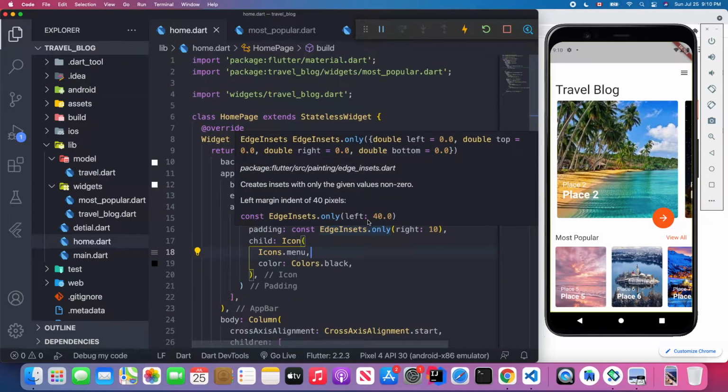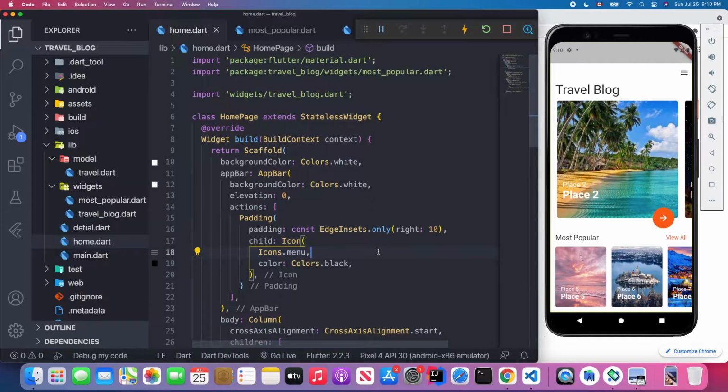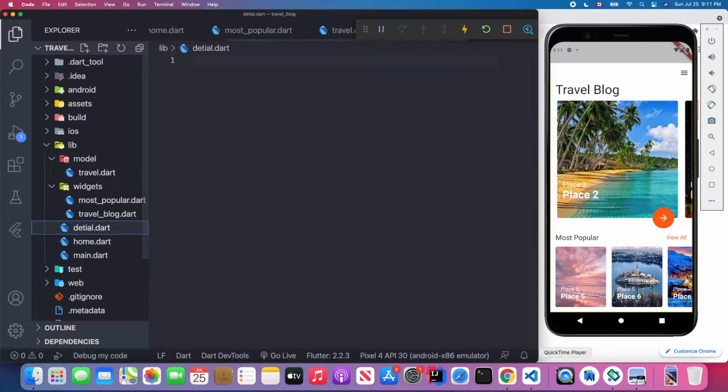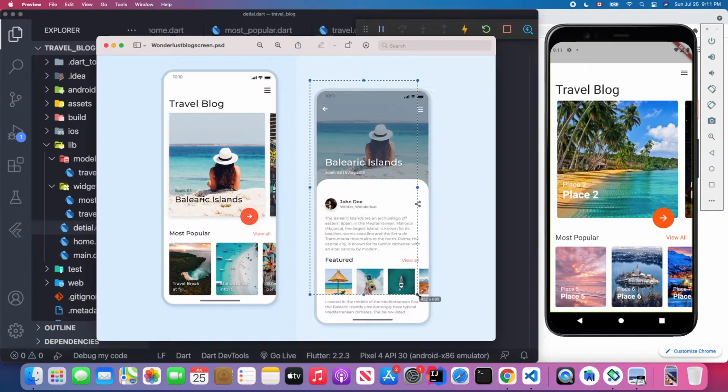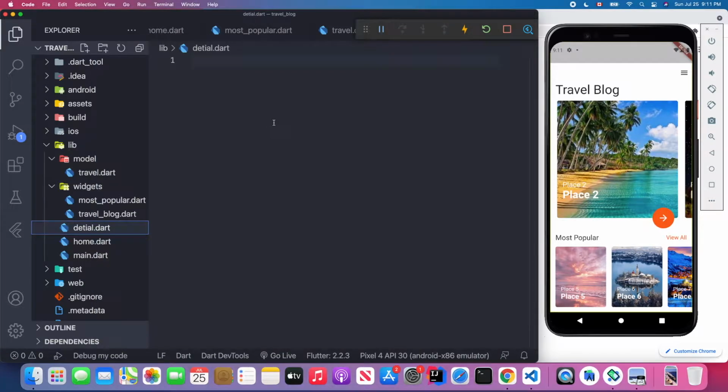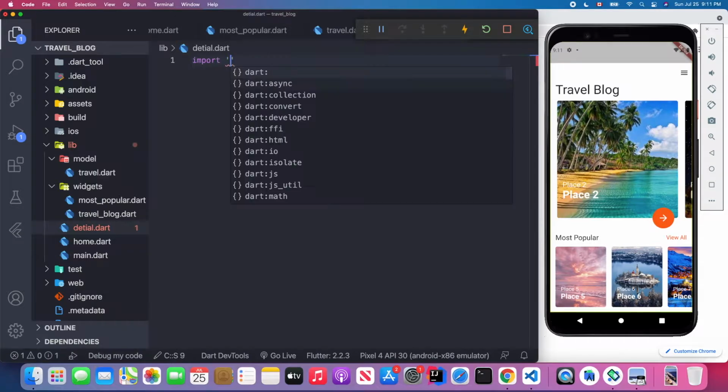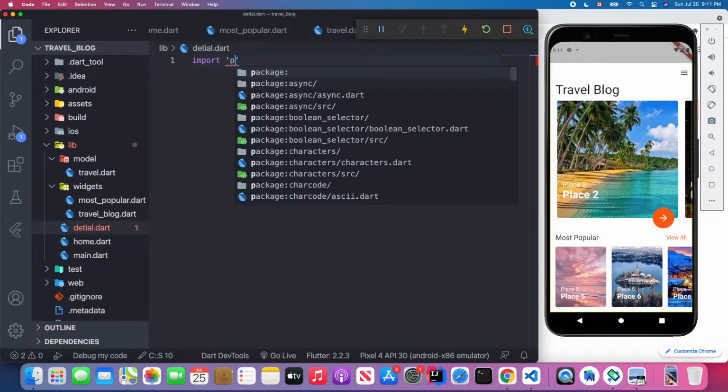Let's go back to our Visual Studio Code. As you can see here, I have already opened my Android emulator and connected it with my travel blog application. So it's running now, and we will start working on this detail page, which is the second page you see here. And first, as before, we need to import a library, a package,